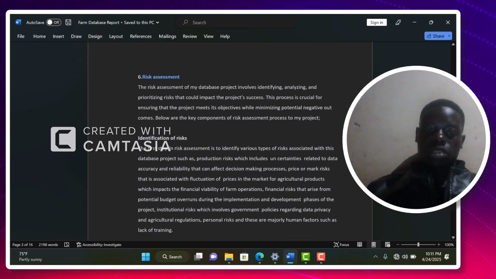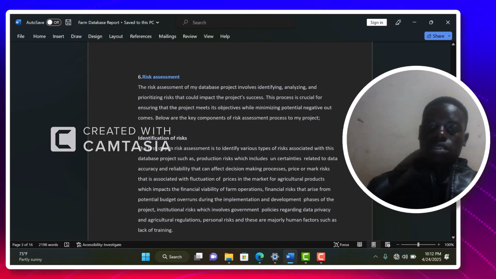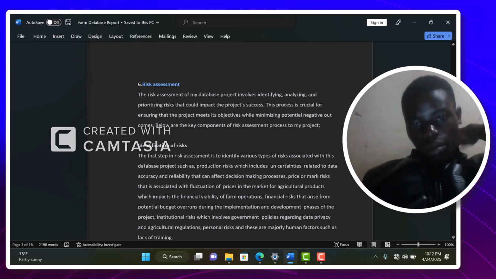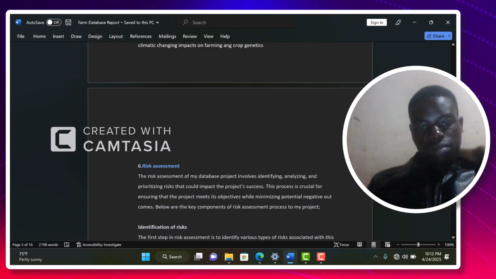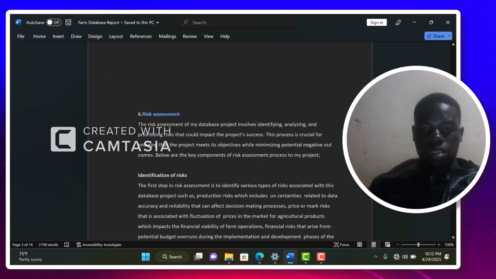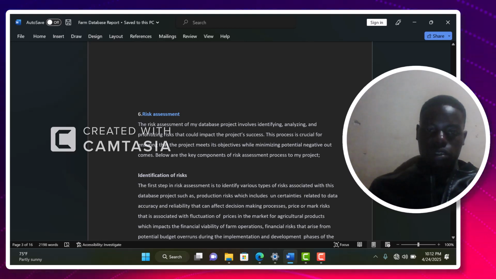You have identification of risks. This is the first step in risk assessment: to identify various types of risks associated with this database project, such as production risks, which include uncertainties related to data accuracy and reliability that can affect decision-making processes,